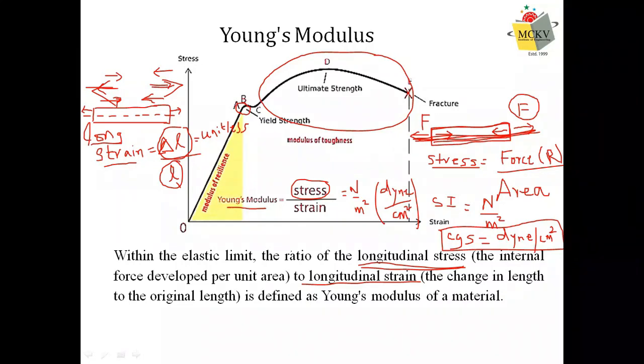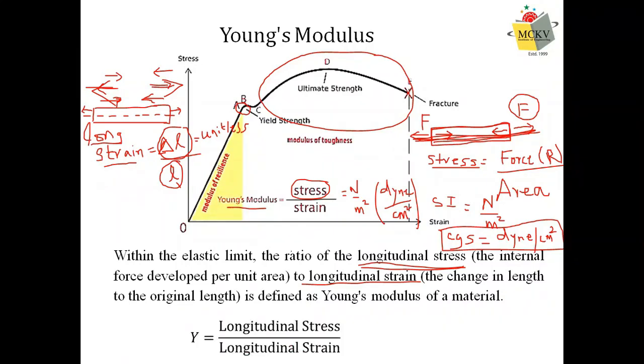So Young's modulus, again I repeat, by definition is what is written: longitudinal stress by longitudinal strain. Longitudinal stresses, I repeat, are the stresses which are developed along the lengthwise direction of the body. It can be tensile, it can be compressive. And because of the applied force, there will be strain inside the body. That is, the dimensions will change. It will deform the body. In this case, either it will elongate the body or it will shorten the body. In either case, longitudinal strain is defined by delta L by L. That is longitudinal strain. So this is Young's modulus.